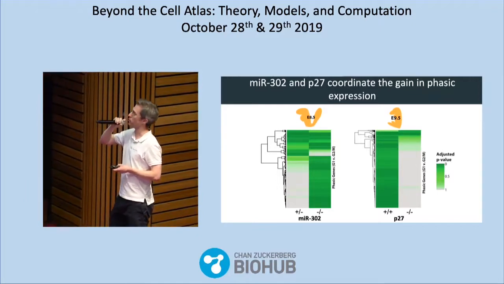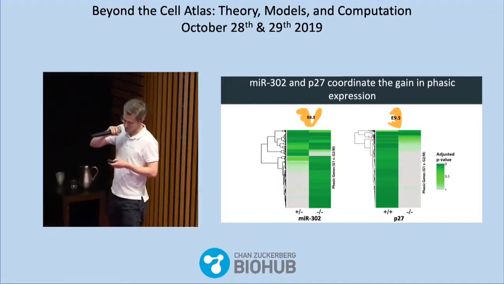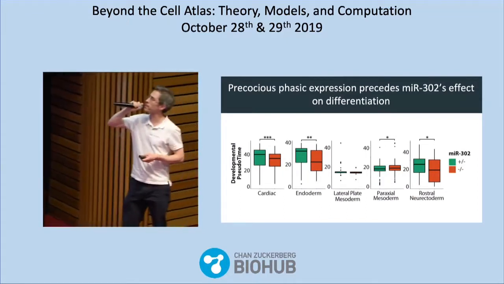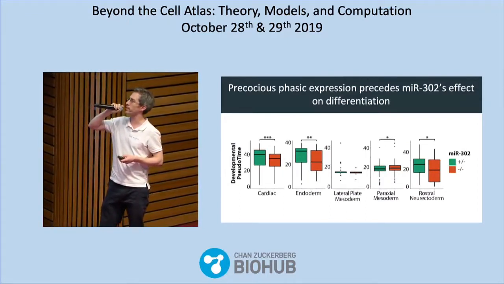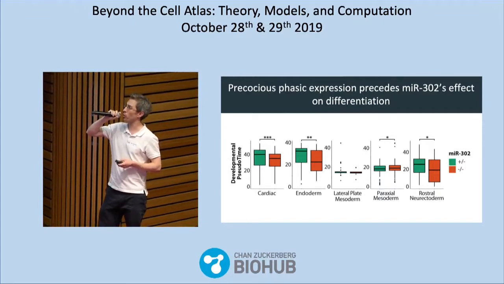To ask that question, we did single cell analysis of both these mutants. We saw that all the lineages were affected in P27, and in 302 we saw different lineages being affected at different times. But I did an experiment where I took the Gotkins-Marioni atlas. This is an atlas that covers every 6 hours from 6.5 to 8.5 in mouse development. And I lined up our control and mutant data.